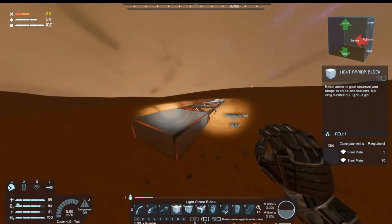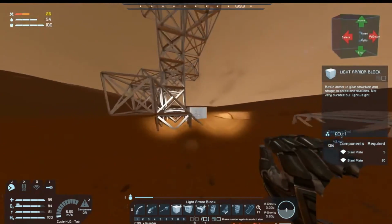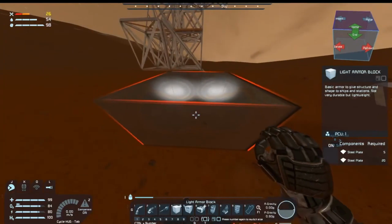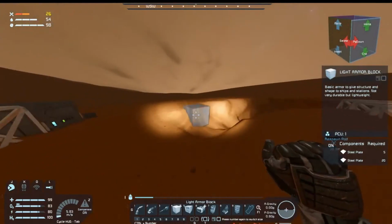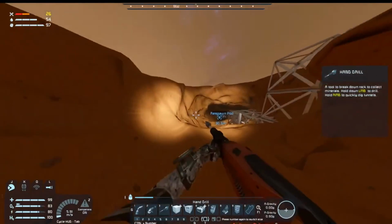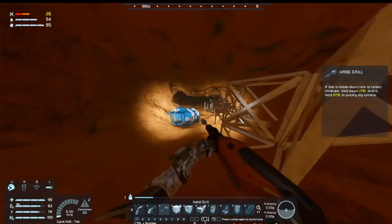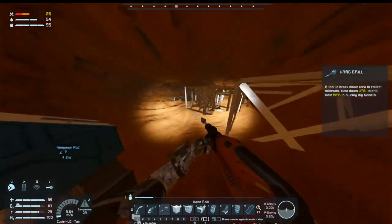We're getting there, but we're gonna run out of plates. I need 1, 2, 3, 4 more steel plates. But we know what that means, guys. Get out the drill and do some mining real quick. We'll get reconnected to the grid, and then maybe what I'll do is I'll set up a...